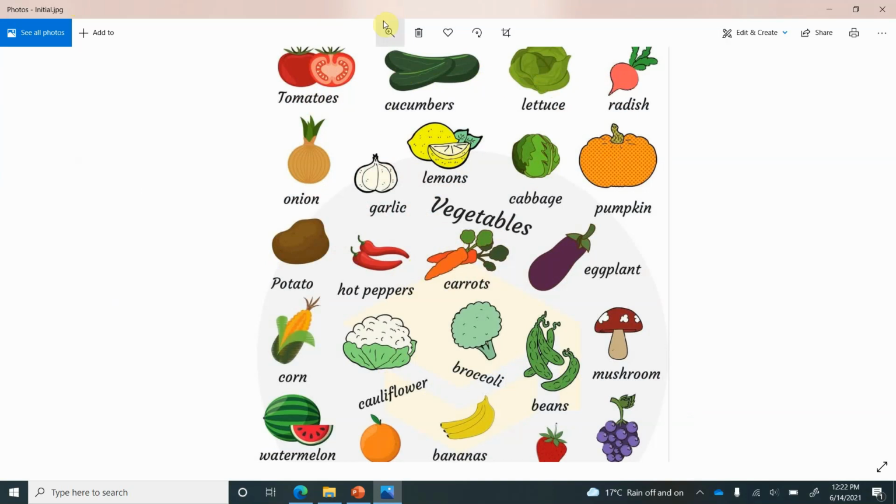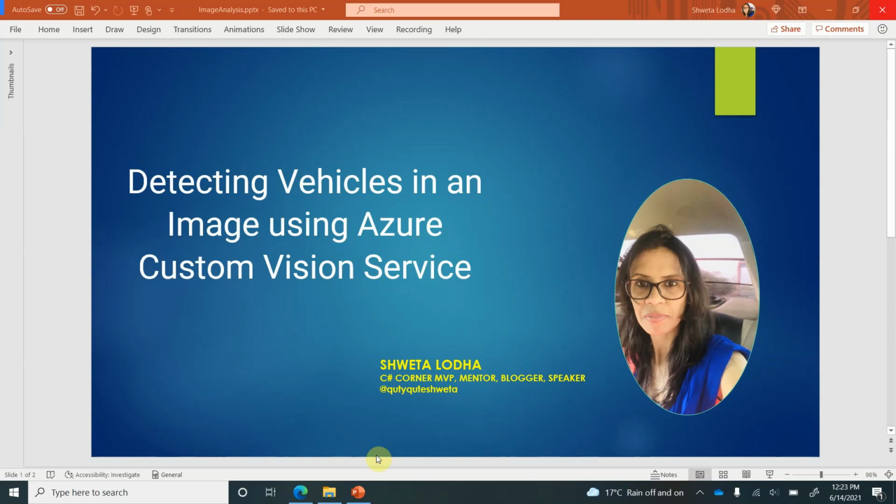And for any particular item to be considered as a single object, it has to have its boundary. So let's say this particular cucumber, if I draw a rectangle box or anything, it should contain my entire cucumber inside it. So this is how we will see in this session how we can detect individual objects in an image where we have so many other objects beside that. Okay. So for that, let's go ahead and